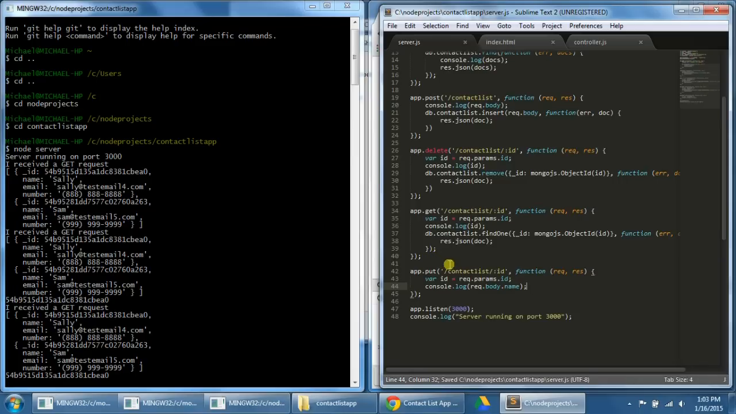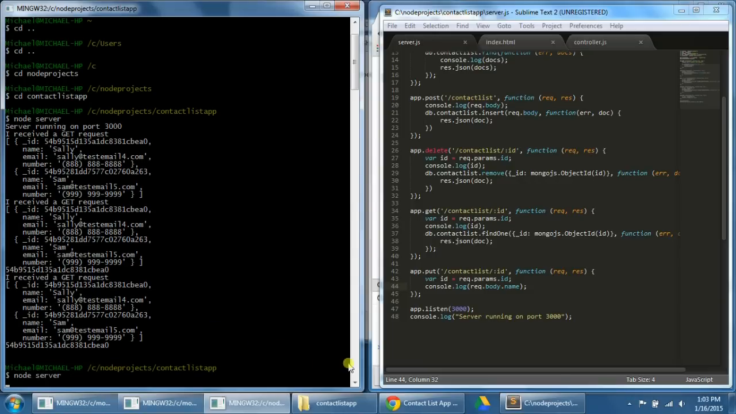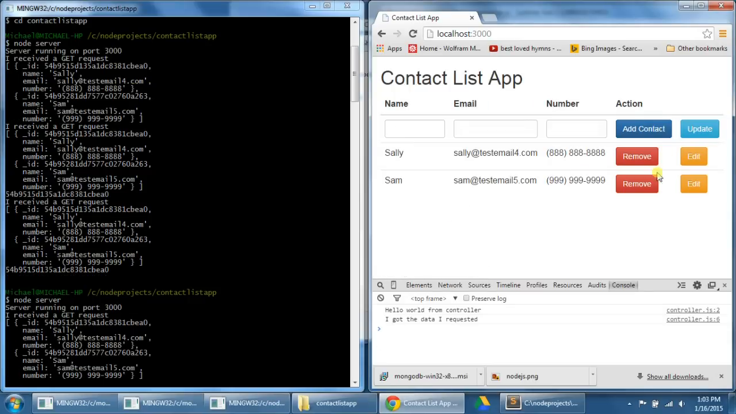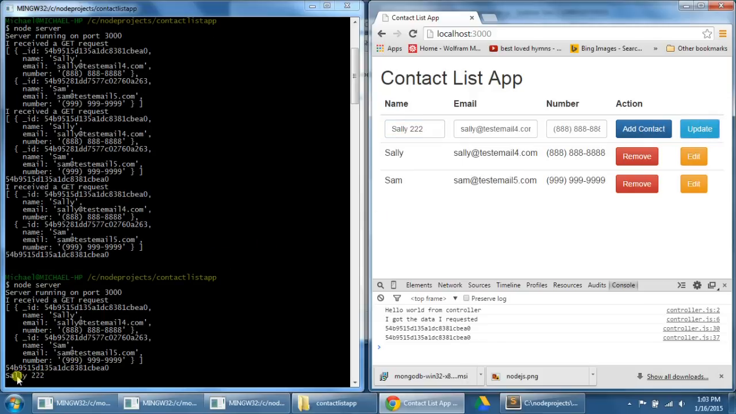So let's try printing the name to the console just to do something a little different to make sure that it's working. So now let's test our code by restarting our server with Control-C. Go back to our server. Let's refresh our browser. Select edit. Now let's just change Sally to Sally 222 or something. Let's click update. And sure enough, Sally 222 shows up in the command prompt window,